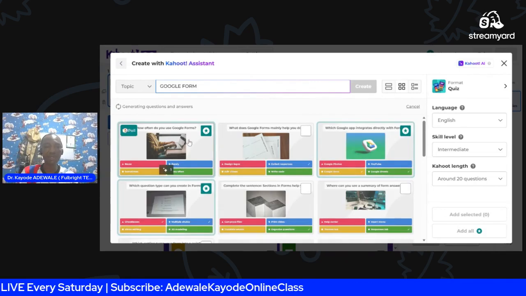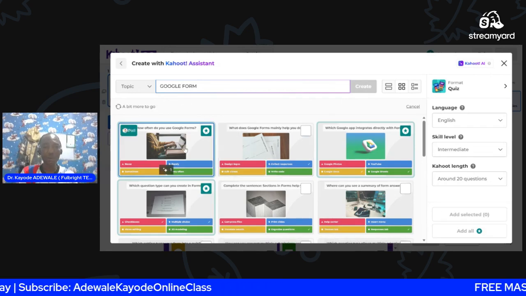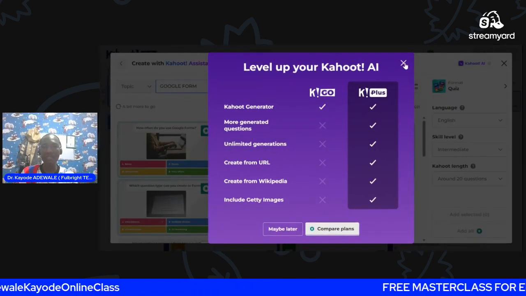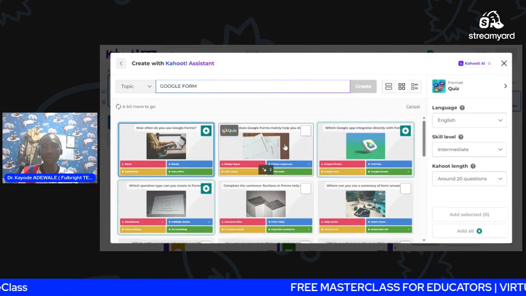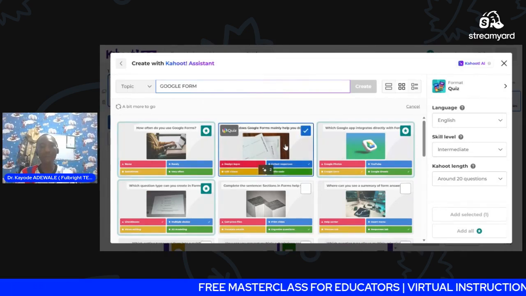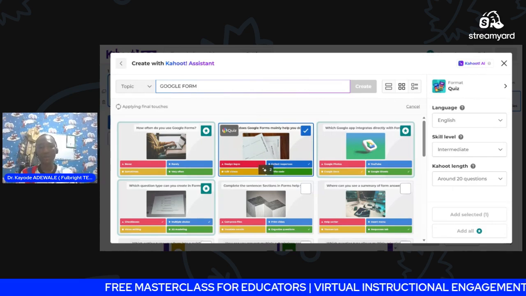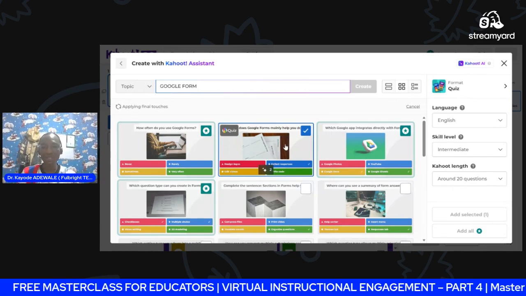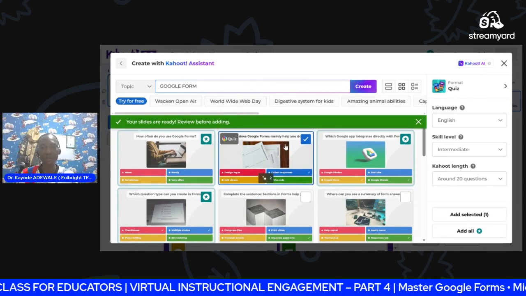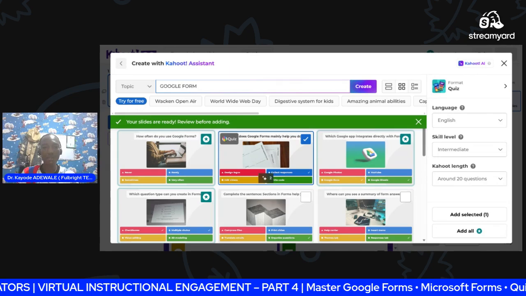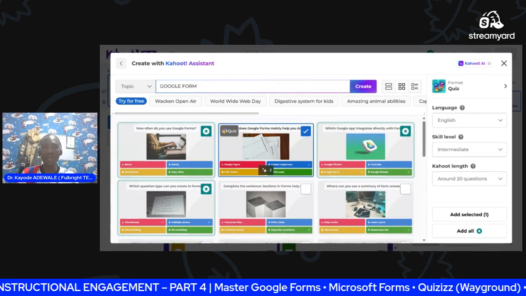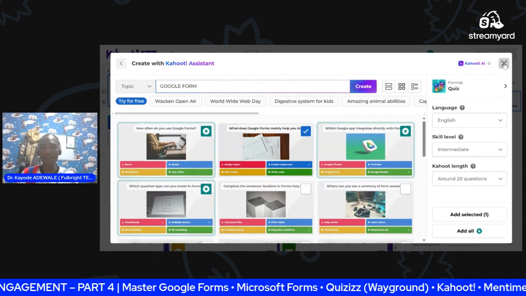So, okay, let's use this. I don't want to use the pro version. I can see start here. This is the pro version. So once you know that you are using the free version, don't go and use the pro version. So I have seen this now, and I want this. So it's already, your slide is ready. So I can close this